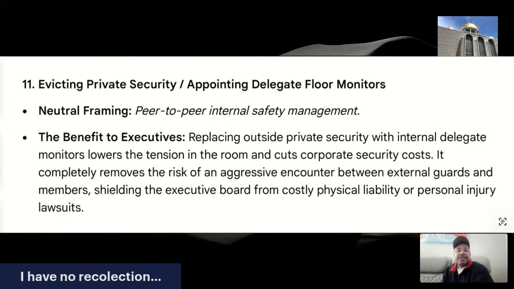Evicting private security, appointing delegate floor monitors. Replacing outside security with internal delegate monitors lowers the tension in the room. You don't have people looking at other people who aren't supposed to be there. They don't have qualifications, certification, the necessary